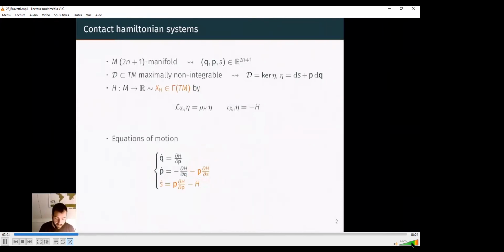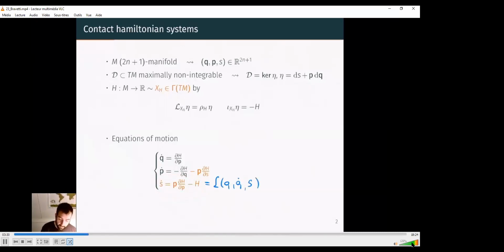So we see that if the Hamiltonian does not depend on the extra variable s, we are actually in the Hamiltonian case. And further, we get the new equation for the extra degree of freedom, this s, that if you look carefully is actually the Legendre transform, so it would be a Lagrangian somehow of our system. So you see there is the action in differential